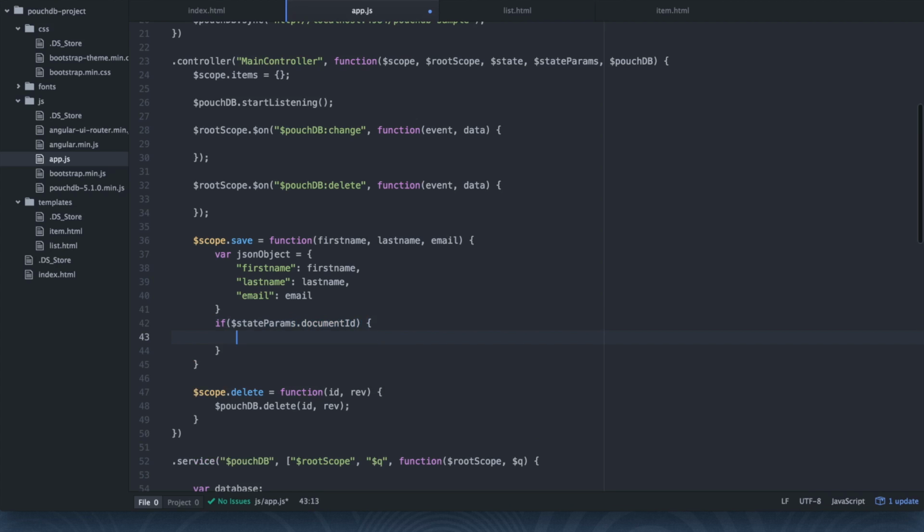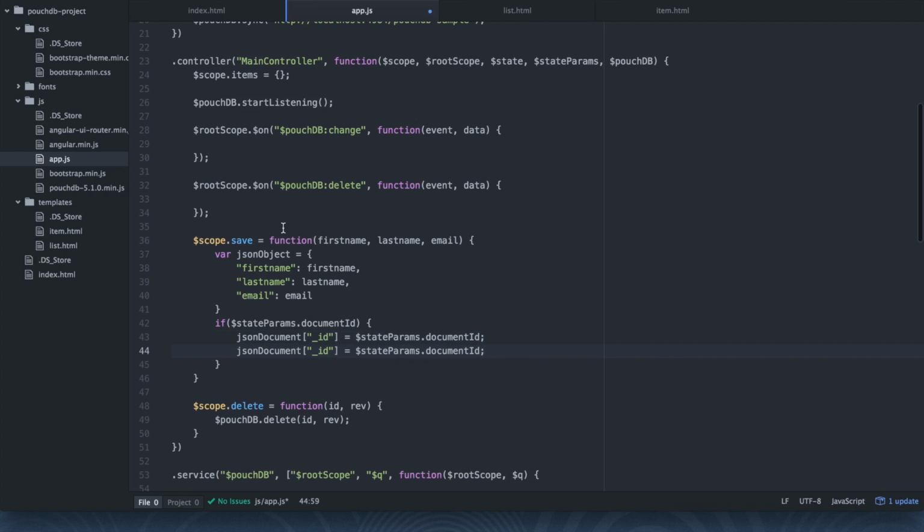This means that if the URL bar contains all those extra parameters, which are optional, then we know that this is going to be an update rather than an insert. So we can say JSON document, and let's say ID equals state params dot document ID,